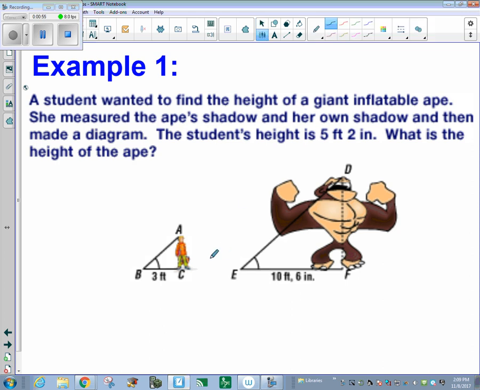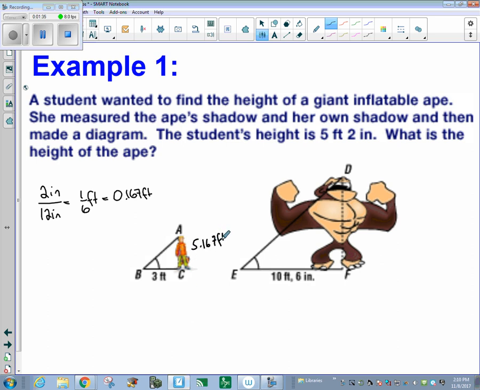All right, so 5 feet 2 inches. Let's convert inches into feet, so we're not dealing with all these decimals here. There are 12 inches in a foot, so we're going to divide 2 inches by 12, and that will equal feet. We get 1/6 of a foot, or approximately 0.167 feet. So the height of this person is